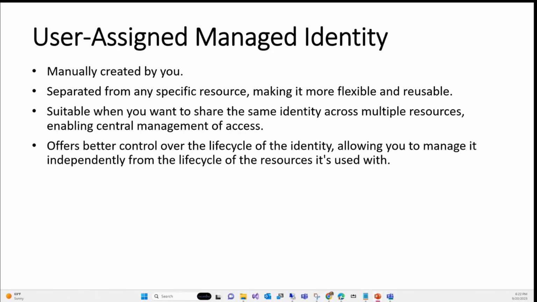And you're going to create a token provider for that identity, and it's going to give the token. The system will use it. We will see that. The only difference between managed and user managed is that managed is for that particular resource. User managed can be shared across multiple resources, so it gives you the flexibility of better management of life cycle and so on. Of course, that's why you create multiple ones.